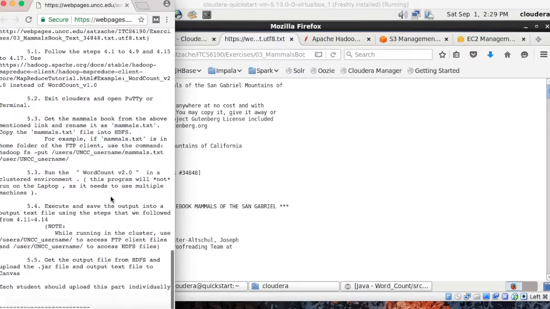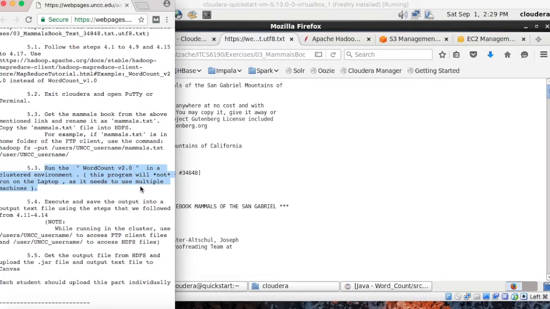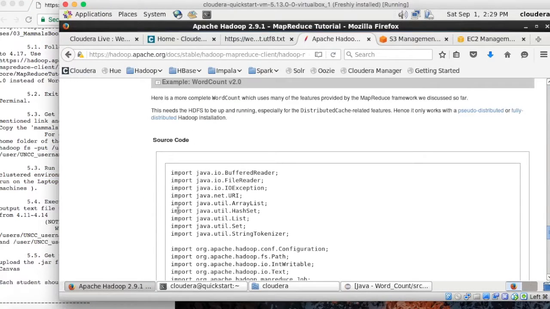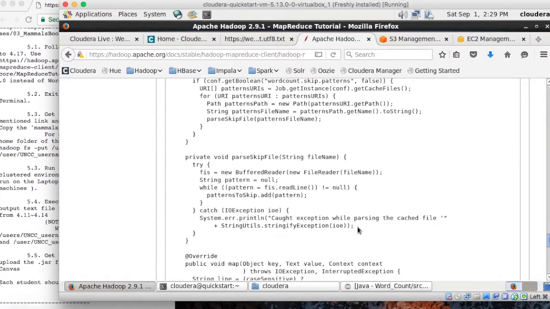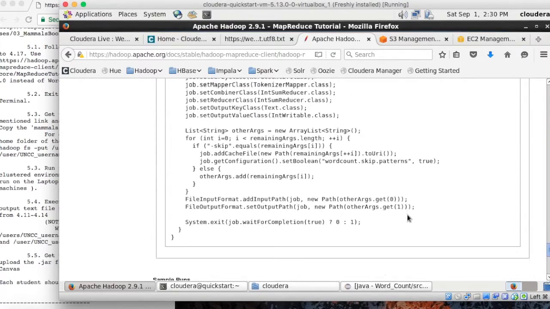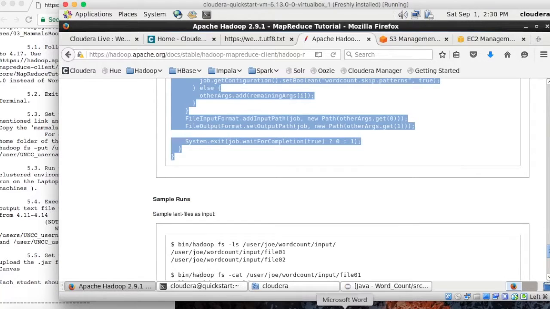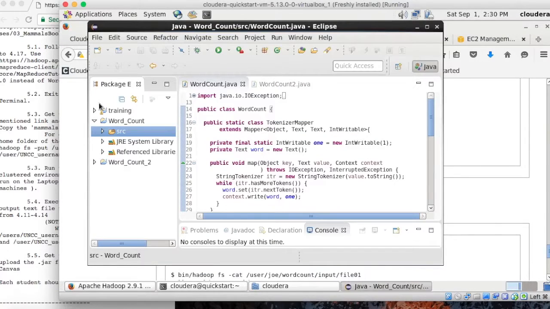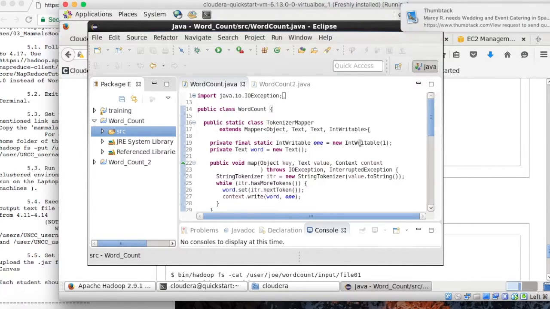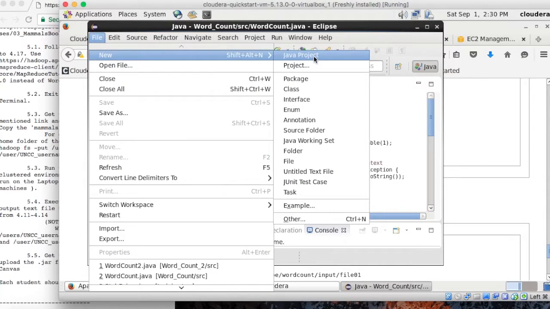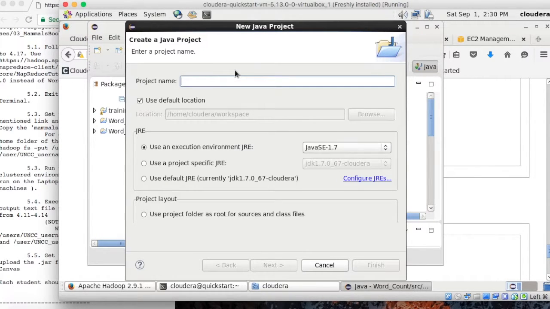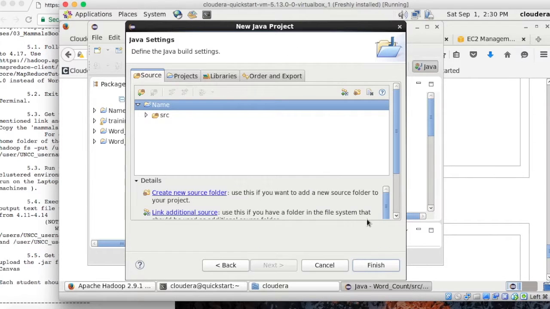From there, we would run this word count program. And just as before, we would go to that address, copy this code here, basically all that code, coming all the way down to here. We would copy all this. We would go to our Eclipse, or since you'll be on your local machine, if you prefer IntelliJ or another IDE. From there, you would go the same process: file, new, project, project name, and then you would go over to libraries and do the same process, external jars,